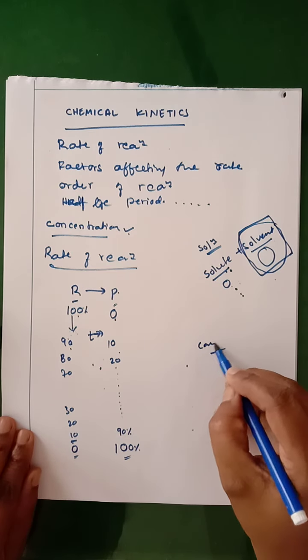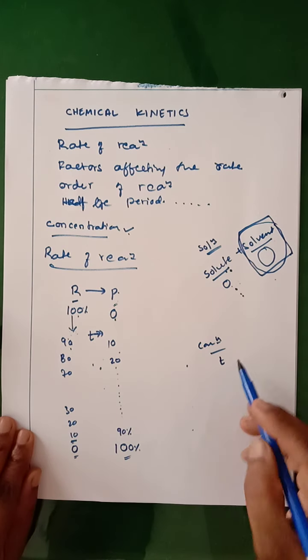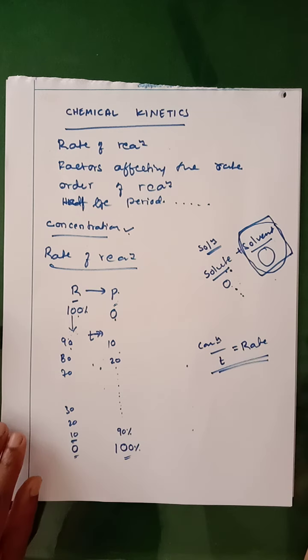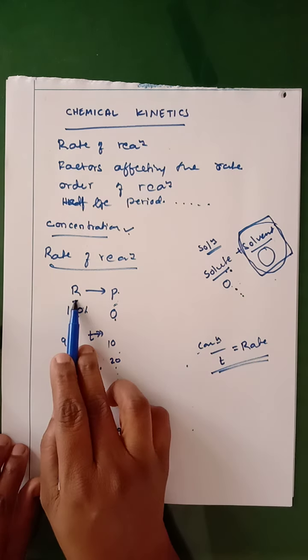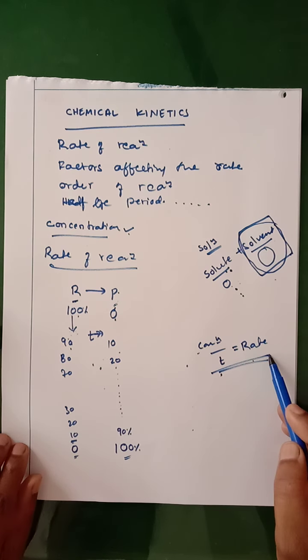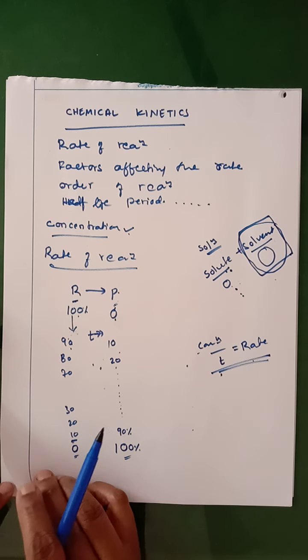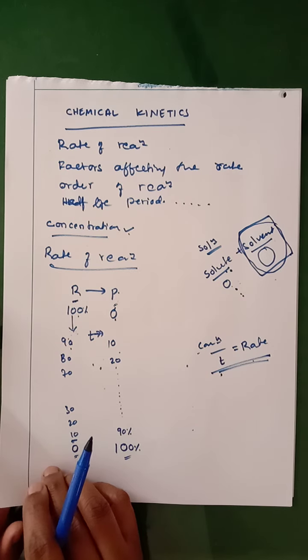The change in the concentration of either reactant or product with time can be taken as the rate of reaction. So what is meant by rate of reaction? The change in the concentration of either reactant or product with time is called the rate of reaction. Generally,